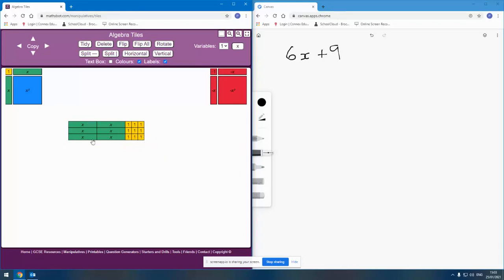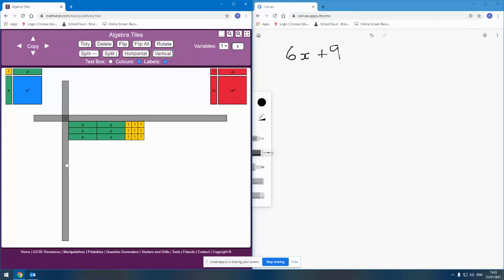Then we ask, what is the width and the length? On screen I might drop in the horizontal and vertical so they can see that the width here is 3 and the length here is 2x